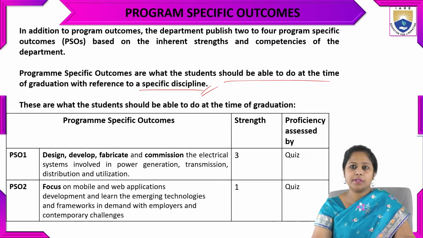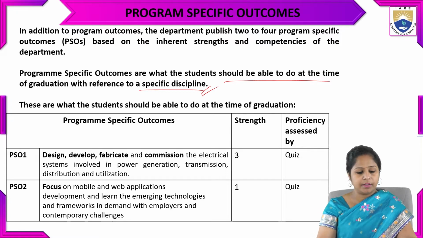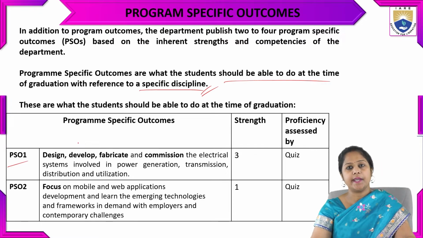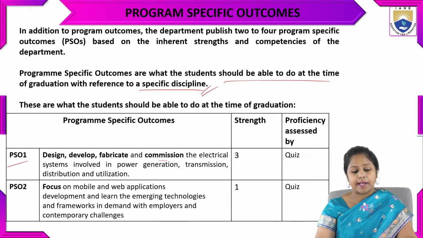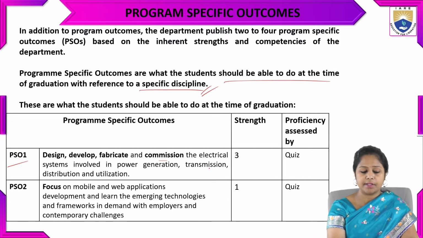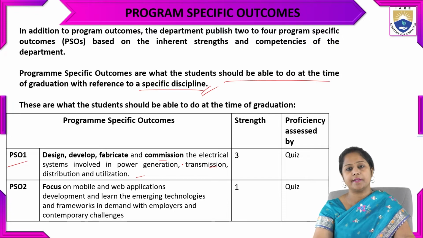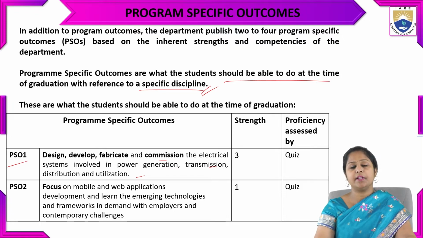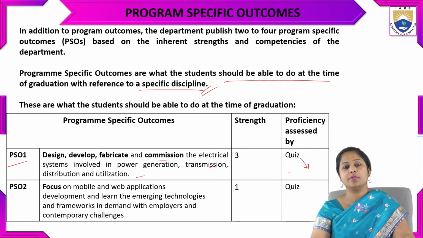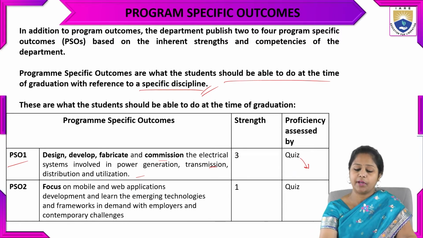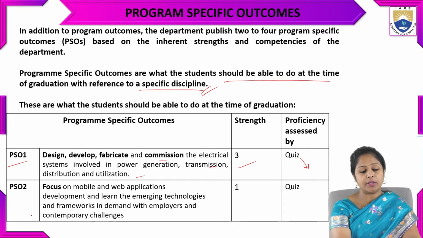The PSOs for the department are: the first PSO is to design, develop, fabricate and commission the electrical systems involved in power generation, transmission, distribution and utilization. The proficiency will be assessed on the basis of the faculty's assessment. The strength for that is 3. PSO2 is